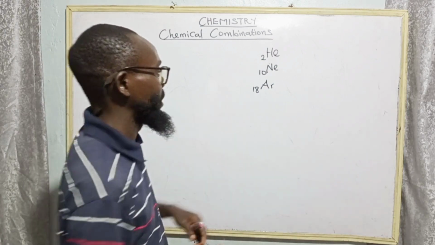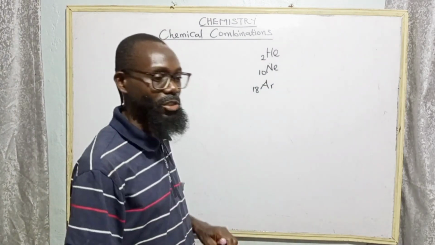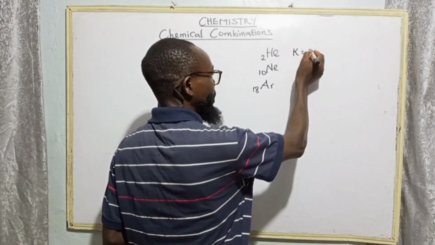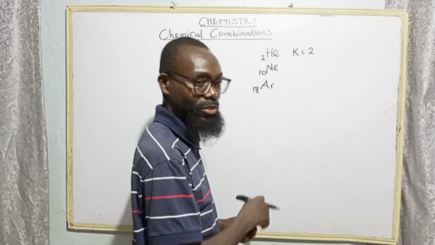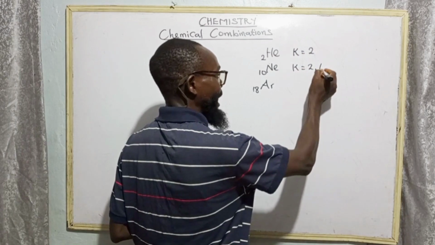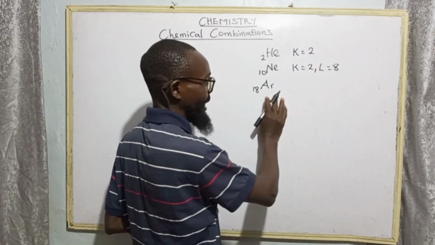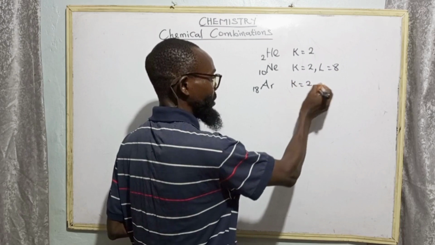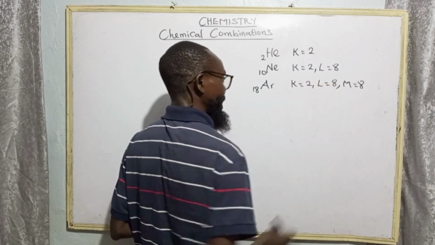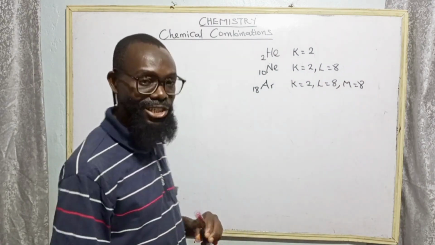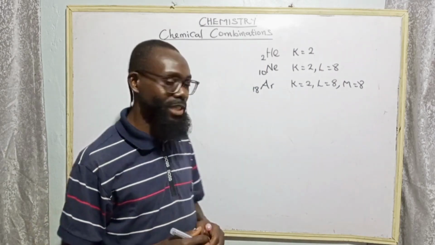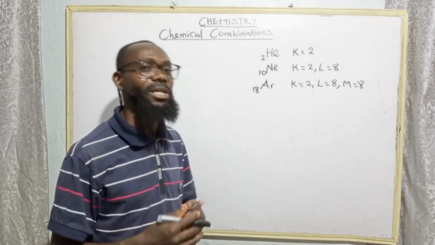When you look at this, according to what we have done in our earliest classes, the K shell always contains 2 electrons. While here our K shell will contain 2 electrons, our L shell will contain 8 electrons. Here as well, K shell will contain 2 electrons, L shell 8 electrons, then M shell 8 electrons. And the maximum electron that K shell can contain is just 2, while the maximum electron that L can contain, M can contain, N can contain, and so on, the maximum is